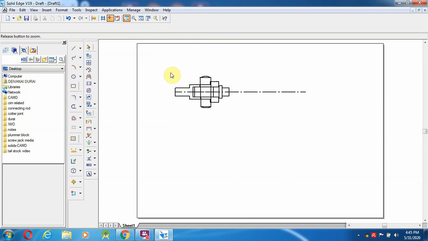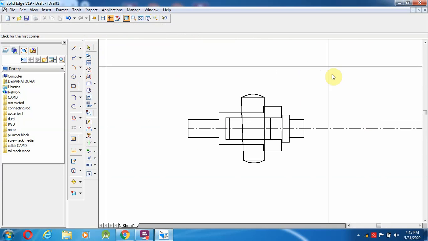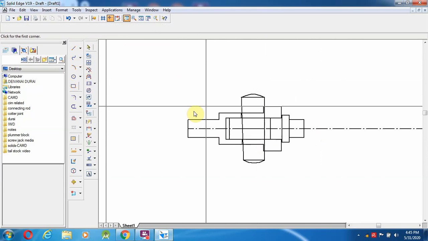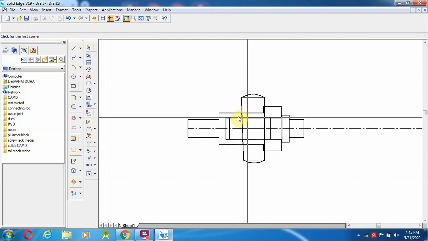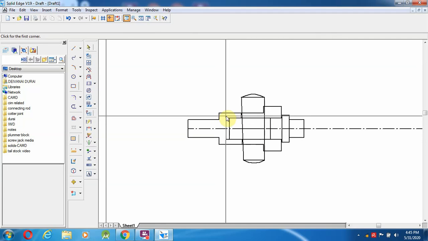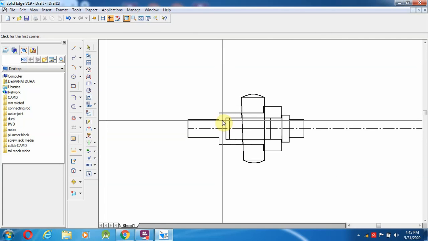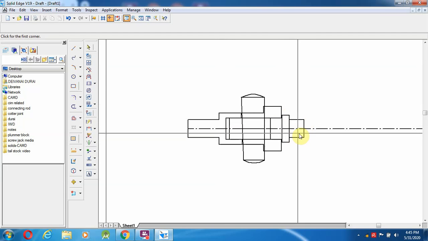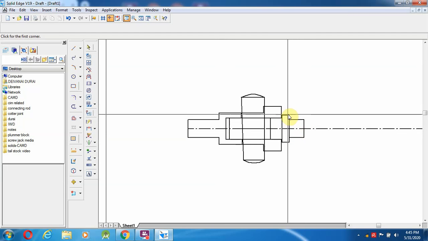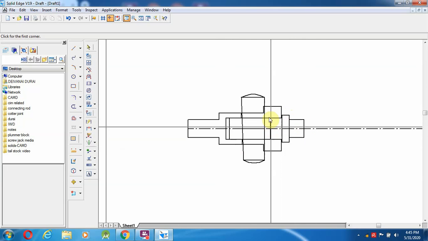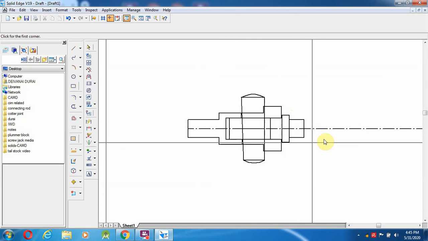So for those things, already we have to find the value. That formula we have to remember. So this is the D. So this is the 1.4 D. The inside diameter is the 1.2 D. So this one again D. So this will be the 1.5 D. So like this, all the values we have to remember over here.